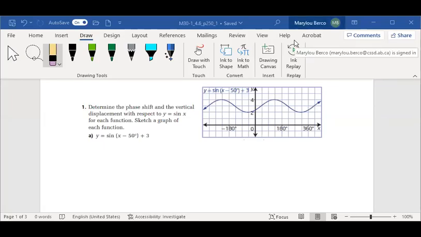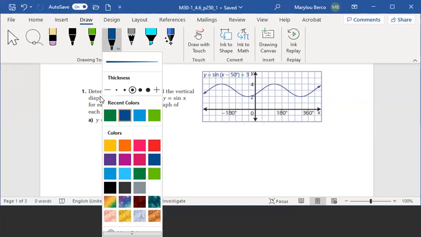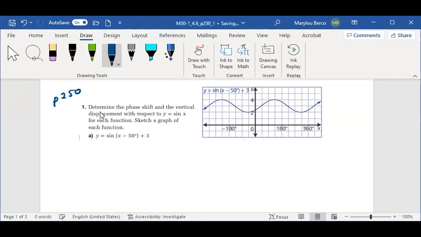Okay, let's take a look at number 1 on page 250. Determine the phase shift and vertical displacement with respect to y equals sine x for each function. Sketch a graph of each function. Well, we're given a function, y equals sine x minus 50 degrees plus 3, and I'm just going to write